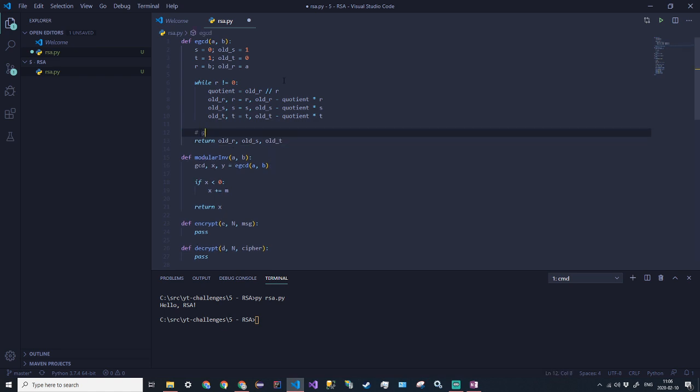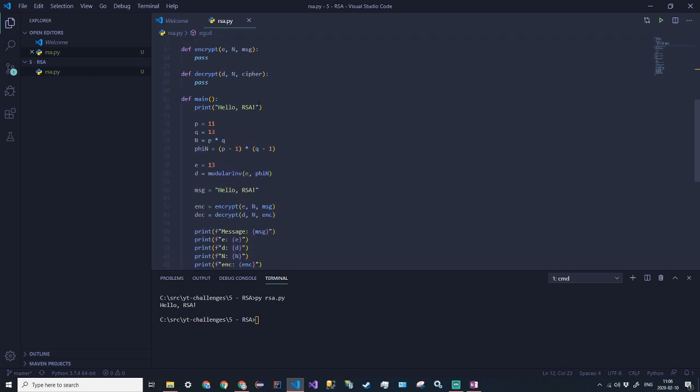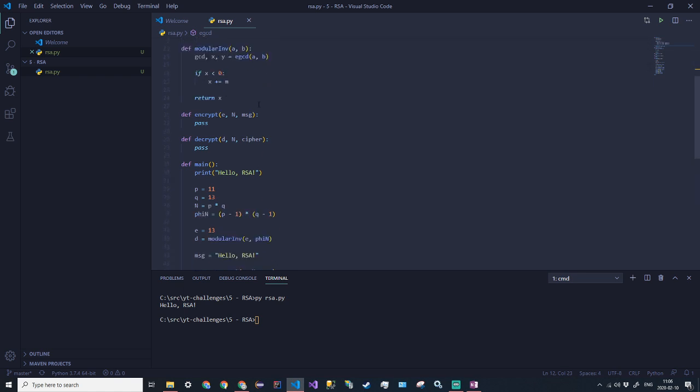And this will be the return GCD and then X and Y, just like that. So yeah, let's actually just test this out. Well, let's just write the encryption algorithm too. All right, so for the encryption, all we're gonna do is